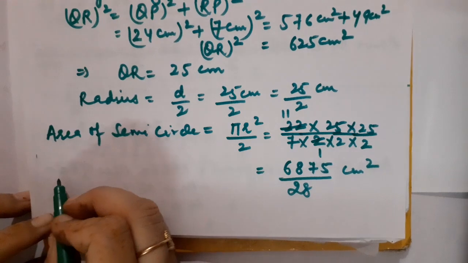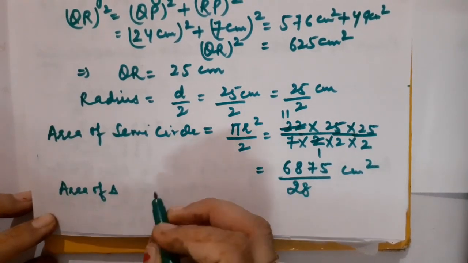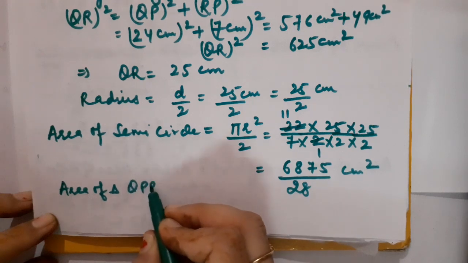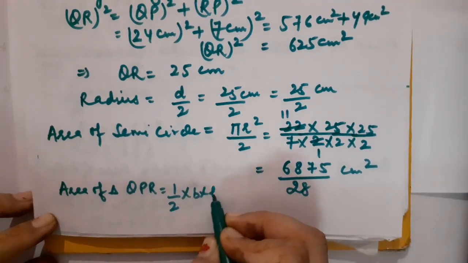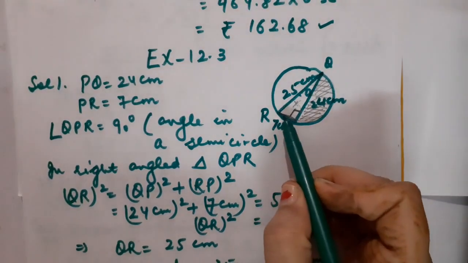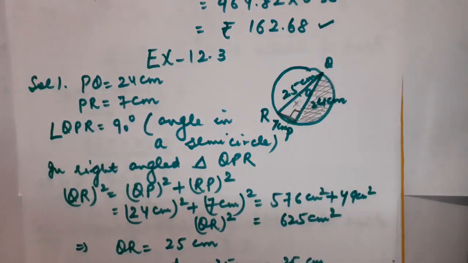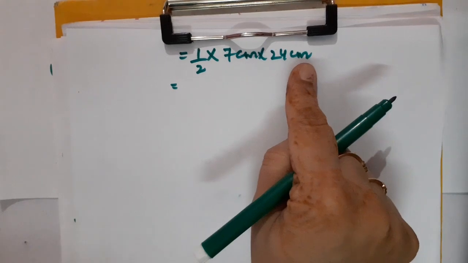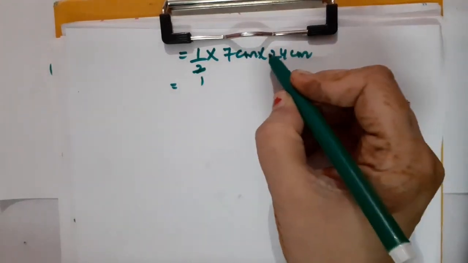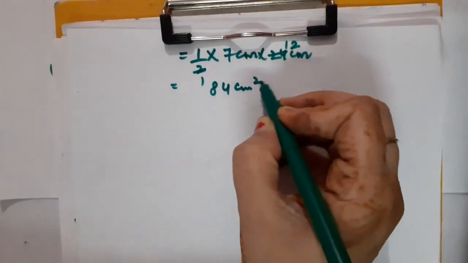Okay, now children, let us start calculating area of right angle triangle. Area of triangle, name is QPR. You know the formula very well. That is half into base into height. Please have a look. Here, what is base? Base is RP, and what is height? Height is QP. Correct? So children, here is the value which I have put for base as well as for perpendicular. Let us cancel them. 12 into 7, it will become 84 square centimeter.